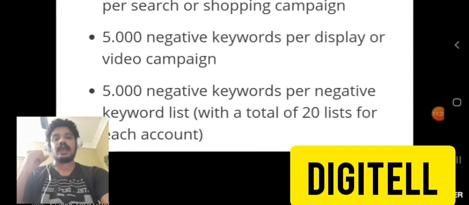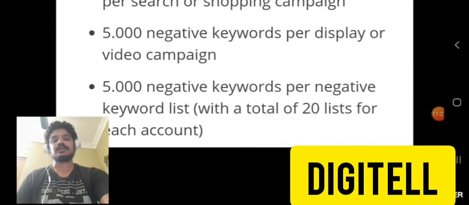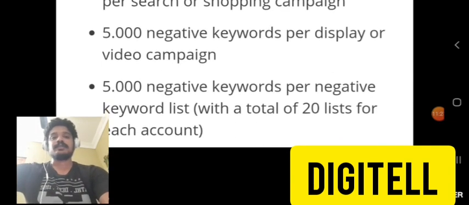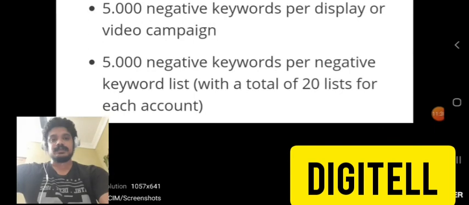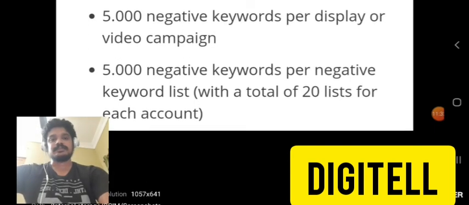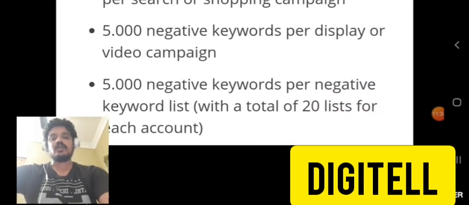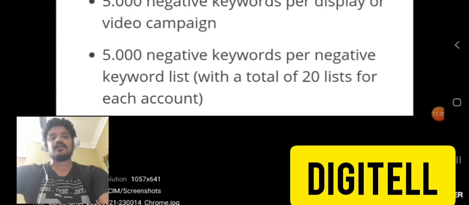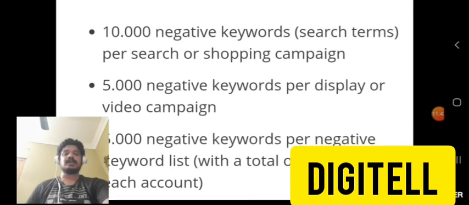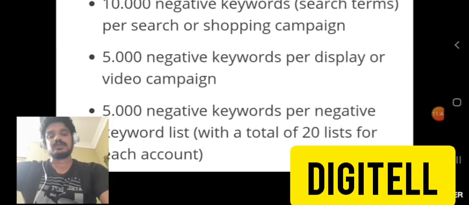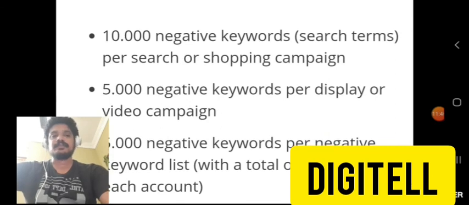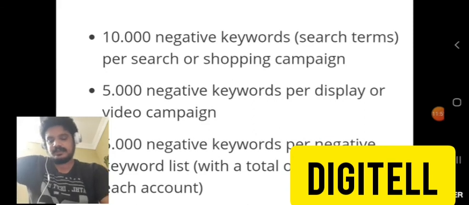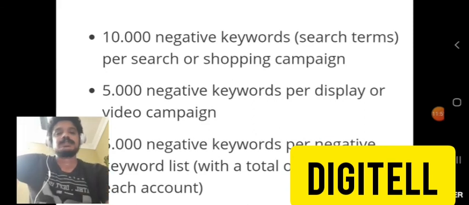And we can add only 5,000 negative keywords per negative keyword list, with a total of 20 lists for each account. These are the parameters. With these parameters, use negative keyword lists. So this is about negative keywords.